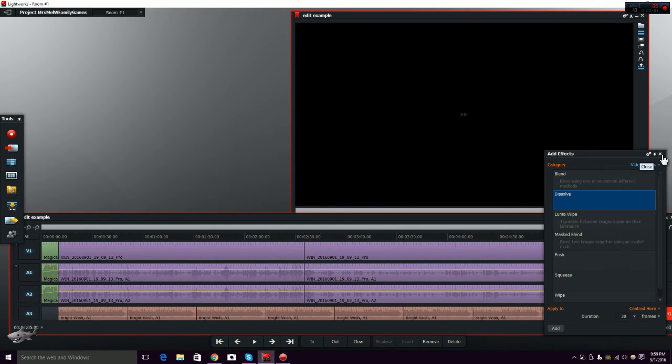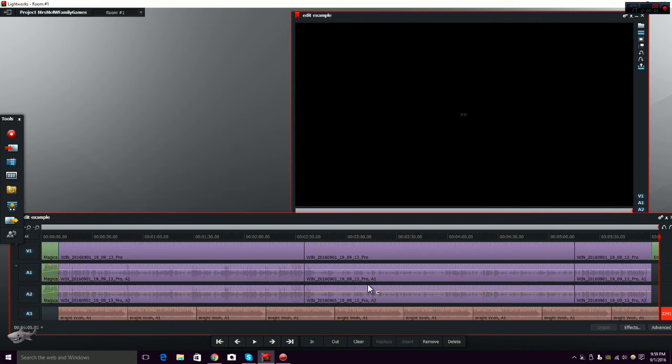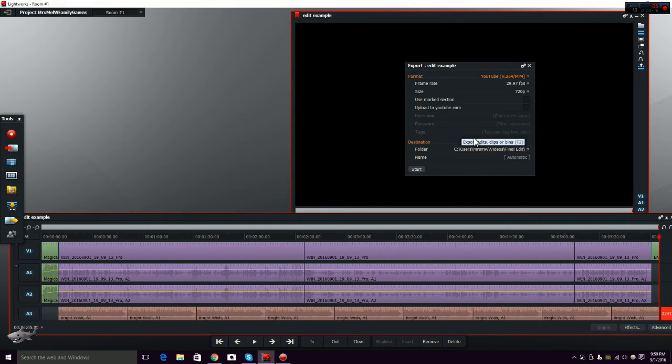When you're done with your video and you want to render it, you are going to take this little export edits, clips, or bins. You're going to left click on it and drag it to the window and let go, and it'll open an export edit example. You want to have the format YouTube. Frame rate,